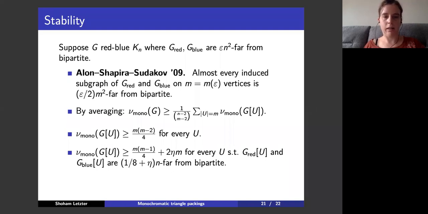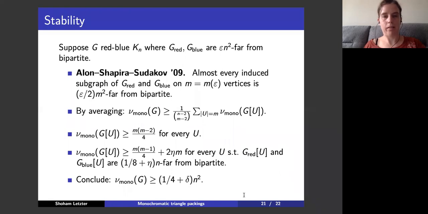So I get that all the induced graphs are quite large, and almost all of them have even larger packing number, and putting them together will work out to show that the packing number of G is significantly above this quarter times n squared. And again, using Haxell-Rödl, it shows that in the integer world in G, there is a collection of significantly more than n squared over 12